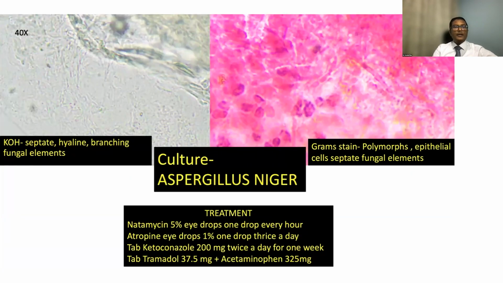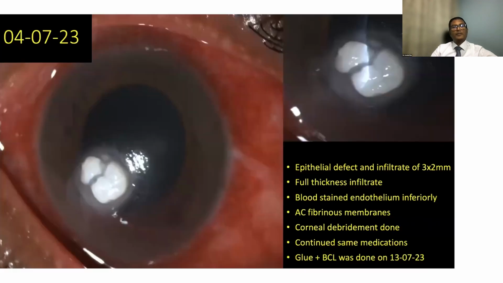When we scraped, in the 40x, in the 10% potassium hydroxide wet mount, we found that there were septate, hyaline, and branching fungal filaments. And the culture showed Aspergillus niger, and we started this patient accordingly on natamycin and atropine, and also ketoconazole 200 milligram tablets. Eventually, the epithelial defect started to reduce, but the plaque continued to persist,